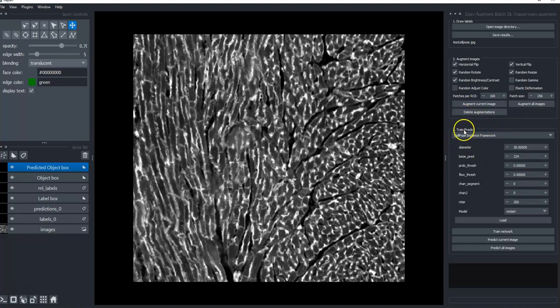But before we get to this training and predicting, we need to label. So the trick is this plugin is sort of designed to handle small data. So in this case, we have ultimate small data, only one image, but oftentimes we may have 10 to 50 images, and some of the images in particular might have trouble spots. We may not want to label everything in every image. So the first thing we want to do is we use this thing called label box to